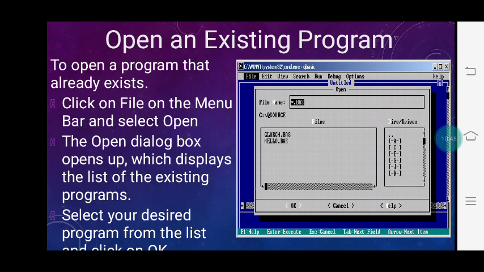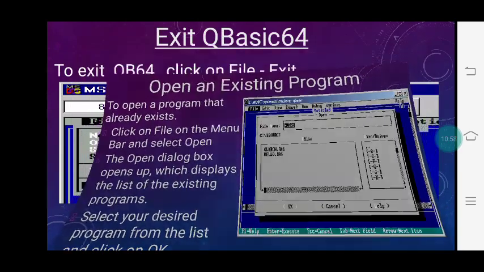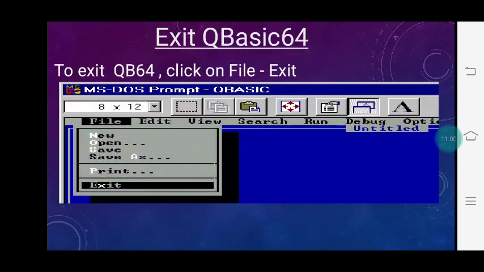The Open dialog box opens up, which displays the list of existing files or programs. Select your desired program from the list and click on OK. The desired file will open in front of you. Now to exit QB64, click on File and click on Exit.